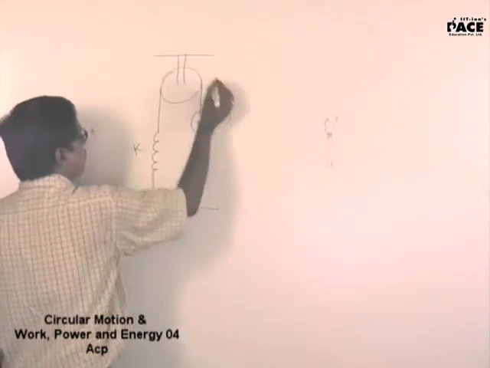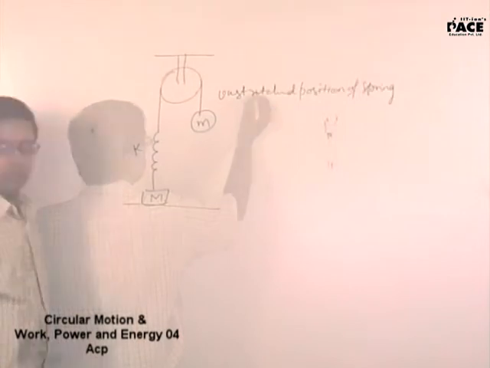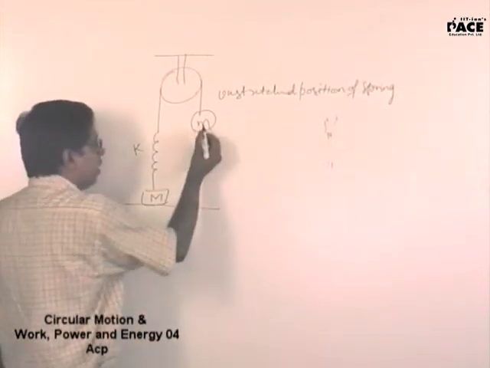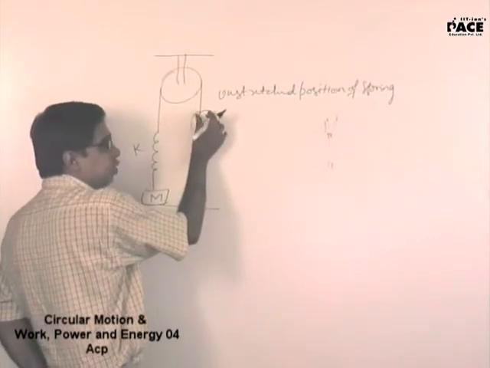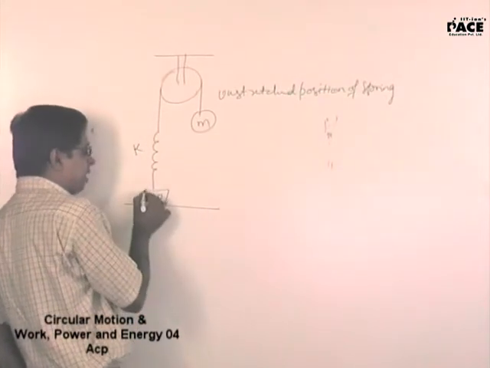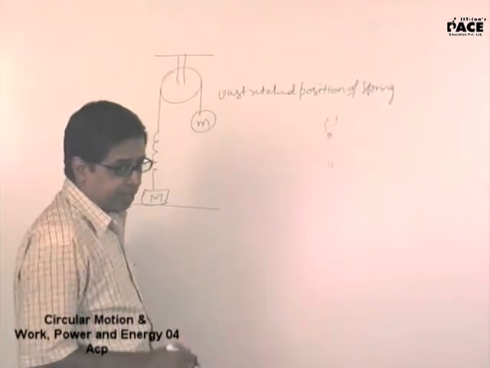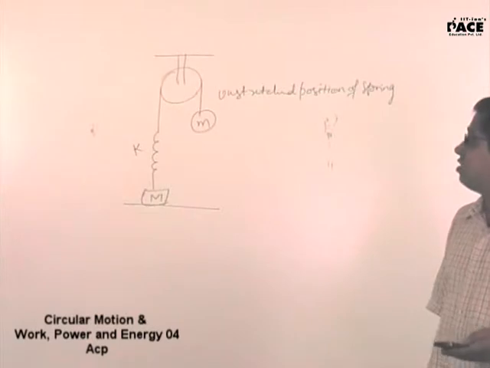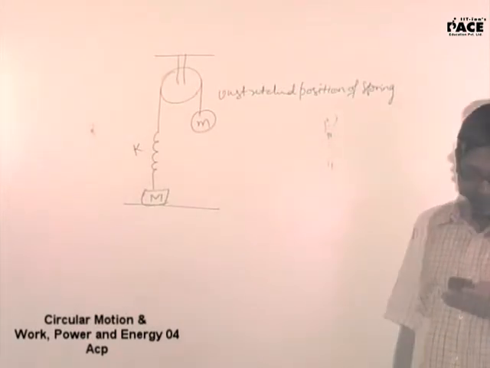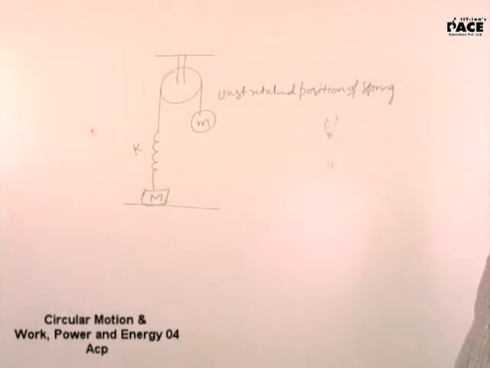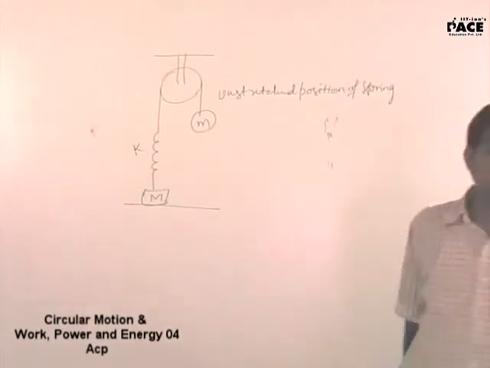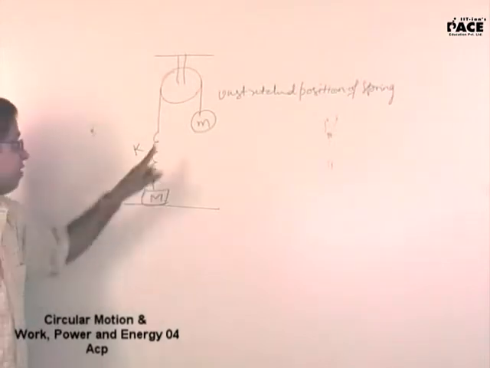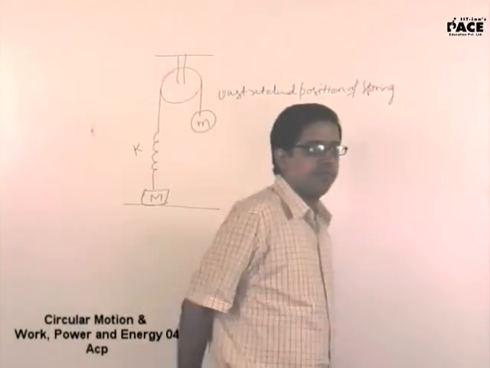This is the unstretched position of the spring. He is asking you from the unstretched position of the spring, find the minimum mass I should release from here so that capital M takes off from the ground. Write down the statement. Find the minimum value of small m when released from the unstretched position. Put a comma for which capital M would take off from the ground. And your answer should be in terms of capital M. Find small m in terms of capital M.